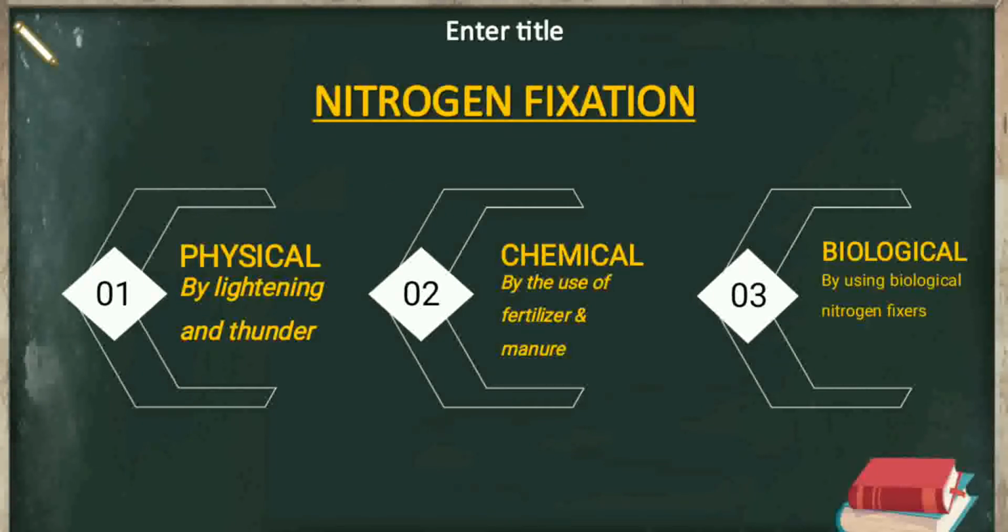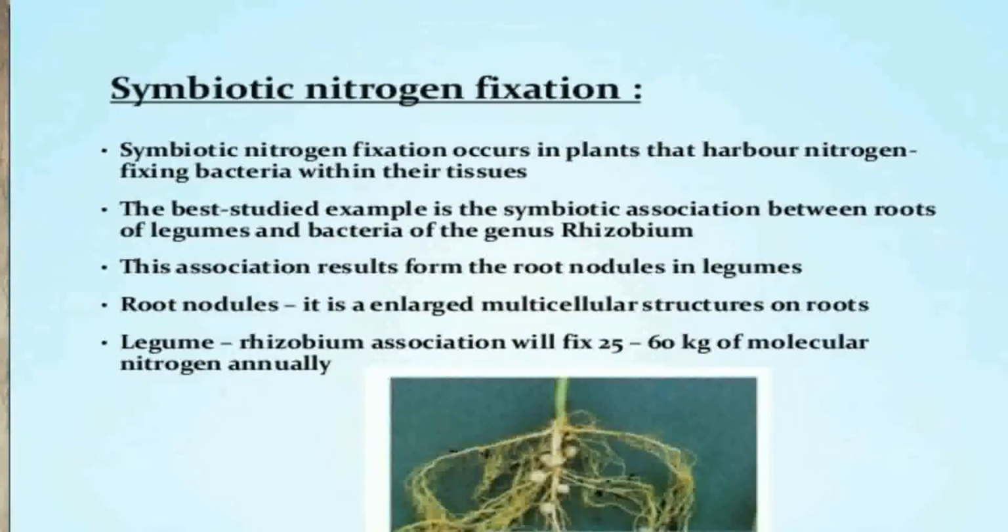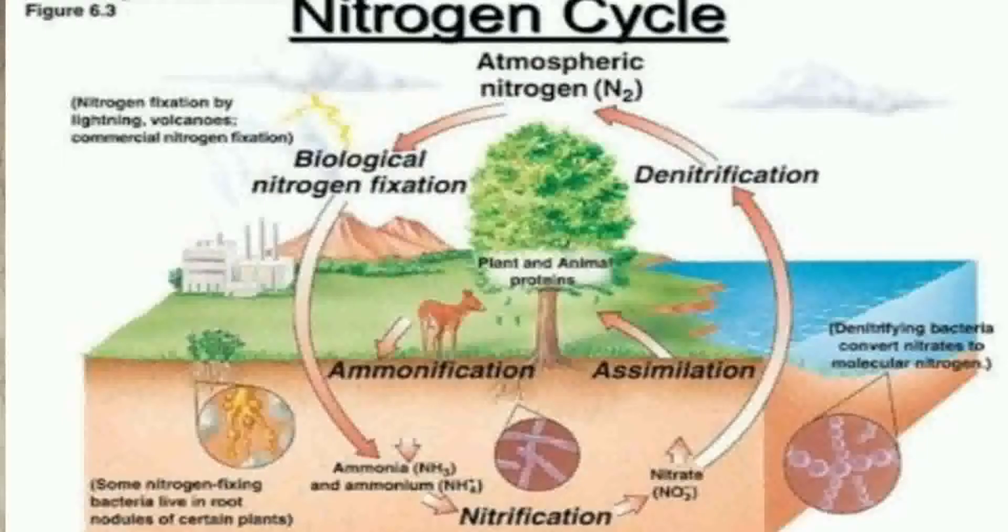Now, the biological nitrogen fixation occurs due to the action of certain biological agents, which could be bacteria of several types, which causes the nitrogen cycle to occur. The nitrogen cycle wherein the atmospheric nitrogen first of all gets fixed either by the physical, biological or the chemical ways, and then it becomes available to the soil.